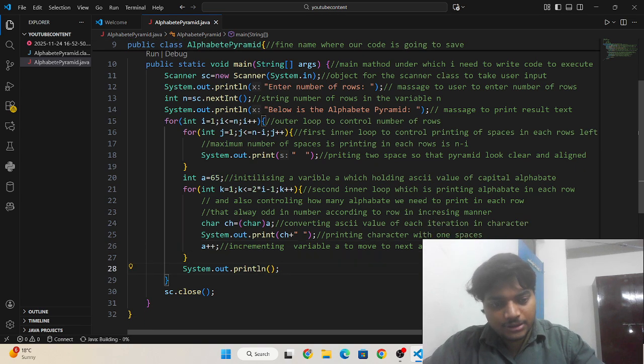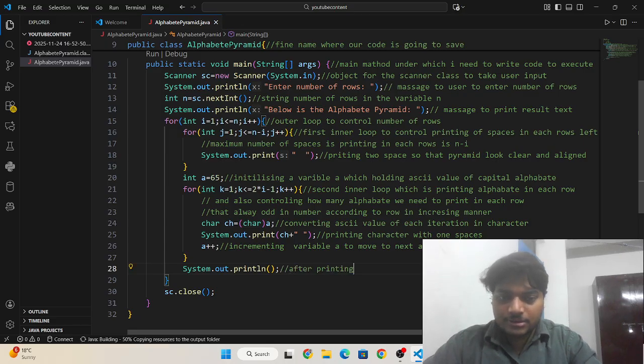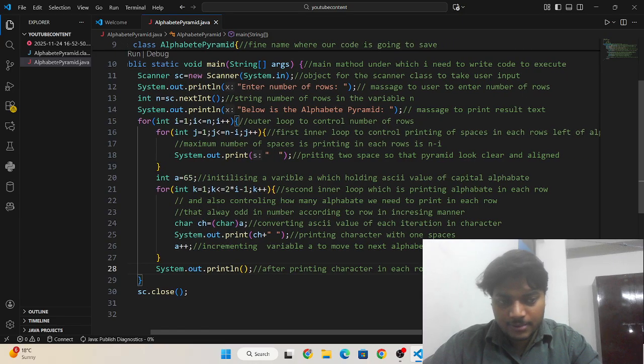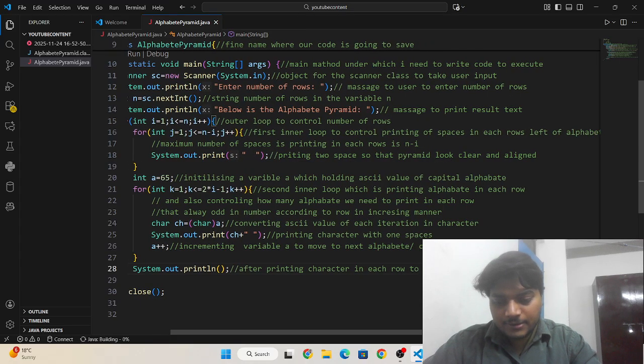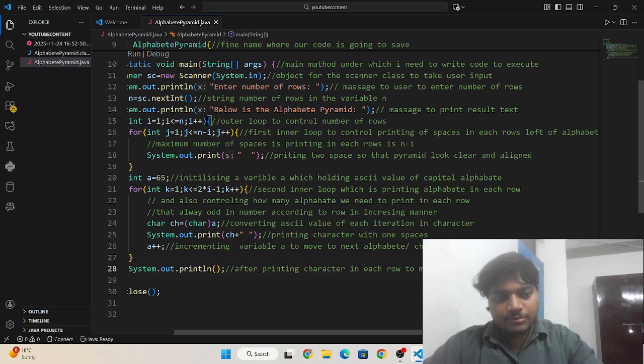And after printing characters in each row, to move to the next row we are printing a line.